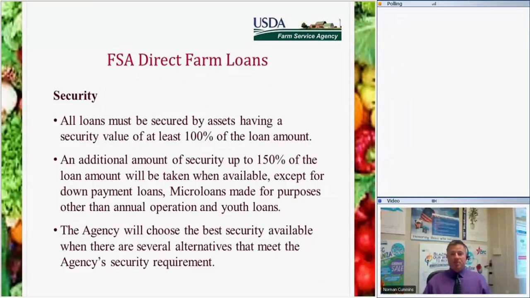Security, I'm going to touch base real quick on security. Your loans have to be secured. There's no ifs, ands, or buts about it. Microloans, we usually look at about 100%. Now, we understand you're not always going to have the collateral for a loan. So if you're doing an annual loan, we'll look at your crops as long as it makes sense for us. So that's something that we'll look at. If you're buying a tractor, we'll use the tractor.